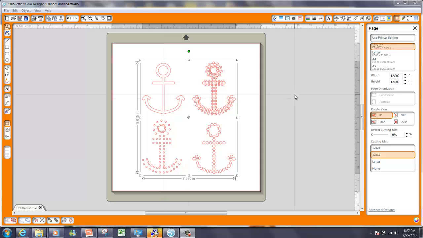This tutorial will show you how to split a shape in half multiple different ways so that you can maybe insert text in the middle of it. Now, this specific shape is the anchor shape, and I found it on the Silhouette website. This may not be the specific anchor you're looking for, but it is an anchor that you could use